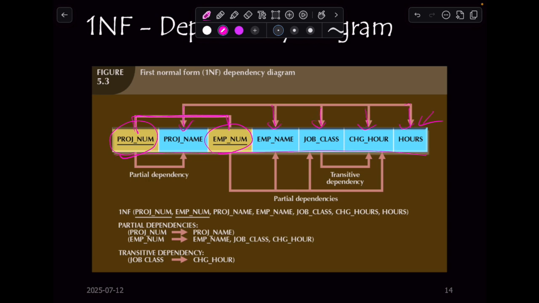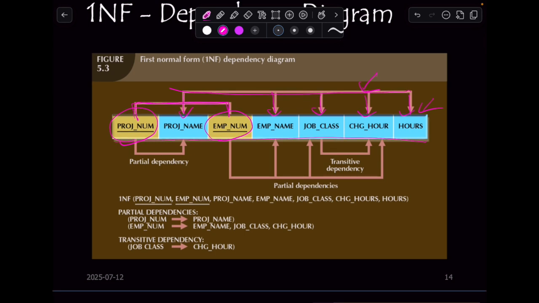So the first functional dependency on top is based on the primary key. Since the primary key is a composite primary key, there could be partial dependencies, so we need to evaluate. So let's just pick project number, the first column. Then what we found is a dependency to project name, and we name it what? Partial dependency. And the other one is employee number, so we evaluate employee number can determine employee name, job class,